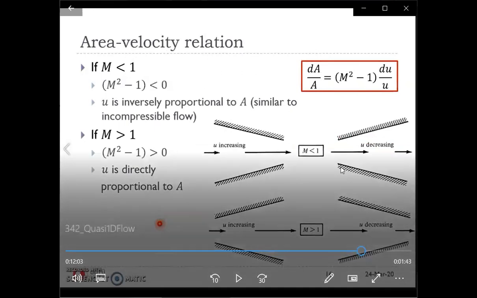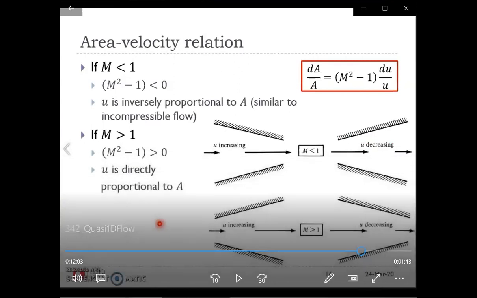Regarding this area velocity relation, as explained in the video, if you remember when we were talking about oblique shock waves and expansion waves last week, for example, we said when there's a ramp turning into the flow, that creates an oblique shock wave. And I explained this phenomenon such that basically what's happening is if you consider a streamline that is